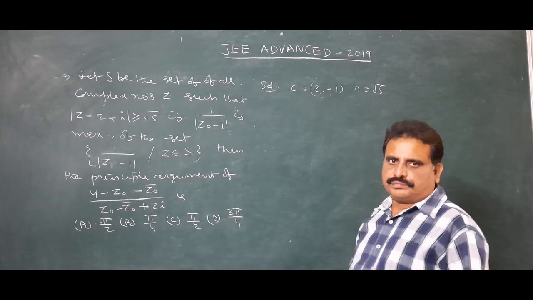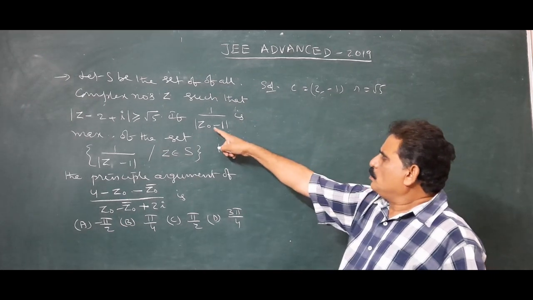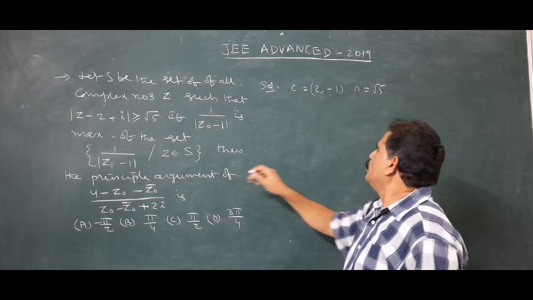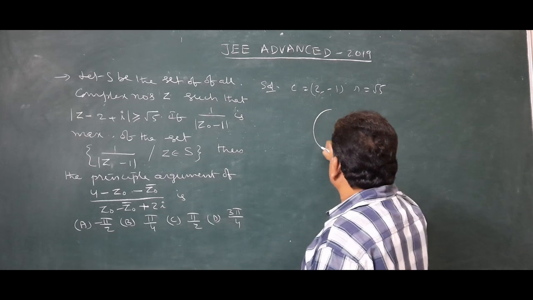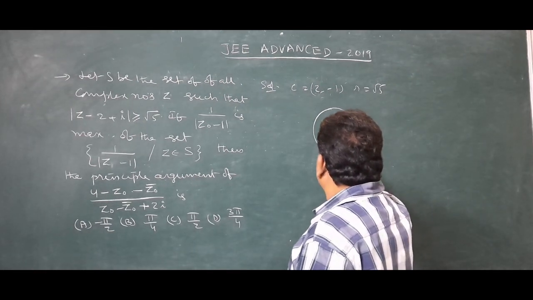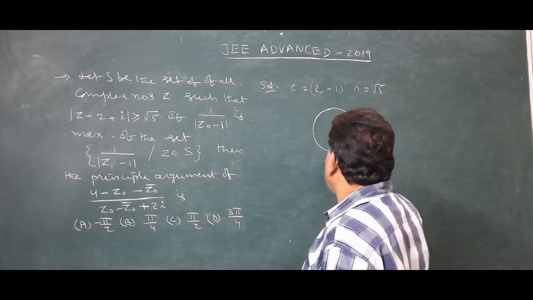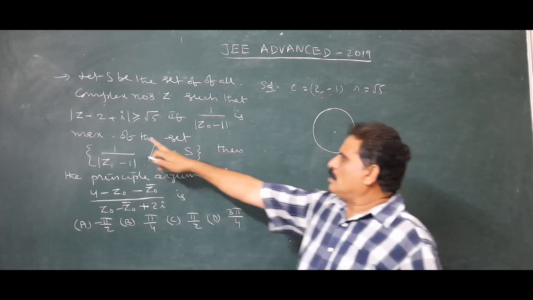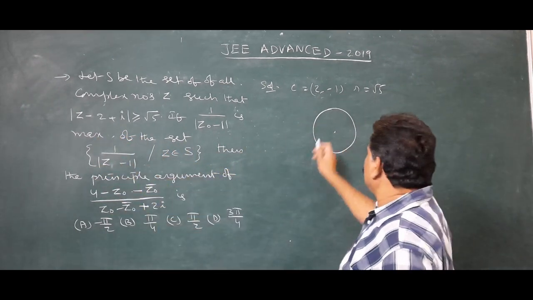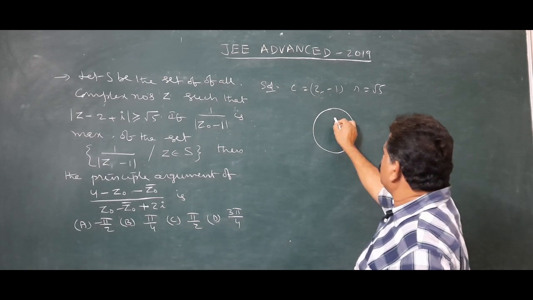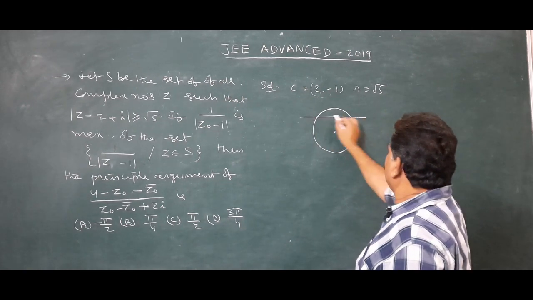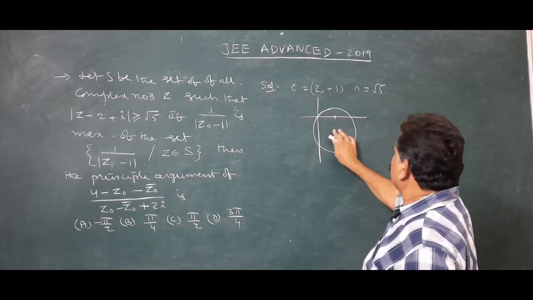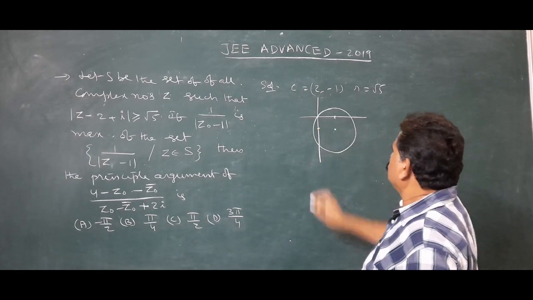Now we draw a circle. On that point, modulus of z naught minus 1 is maximum, that means modulus of z naught minus 1 is minimum. Draw a circle having center 2 minus 1, radius root 5. Okay, this is center 2 minus 1. Let us verify the circle equation: does the origin satisfy that? So it is passing through the origin, like this. This is 2, this is minus 1.